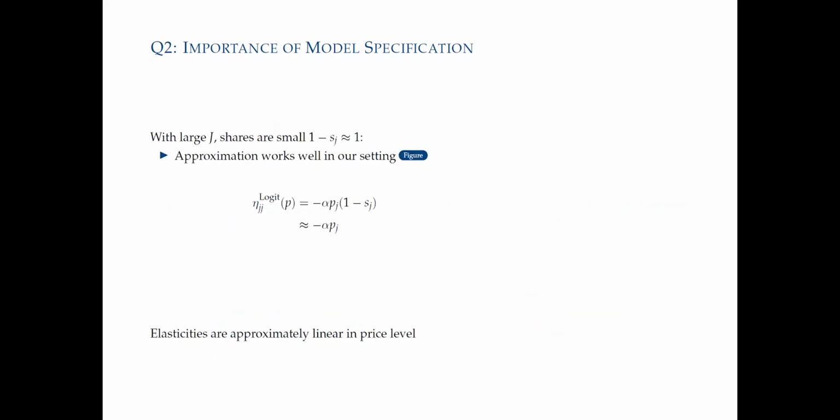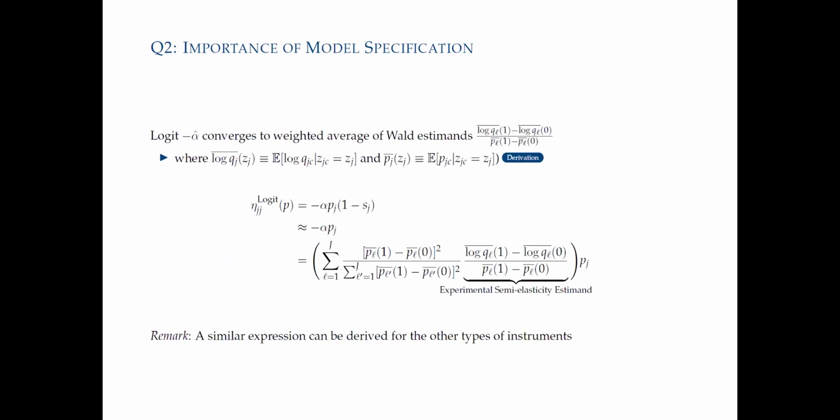We have some new identification results that help clarify, to me at least, what these kinds of models actually do and how they map to the data. In our settings, shares are small, so we can ignore them. I'm going to show that the approximation works well. That's true in many other settings. The first thing we can show is the logit elasticity. I'm going to go to BLP and other models soon. The logit elasticity is going to be alpha times price, linear in price, with small shares. What's alpha? Alpha is this.